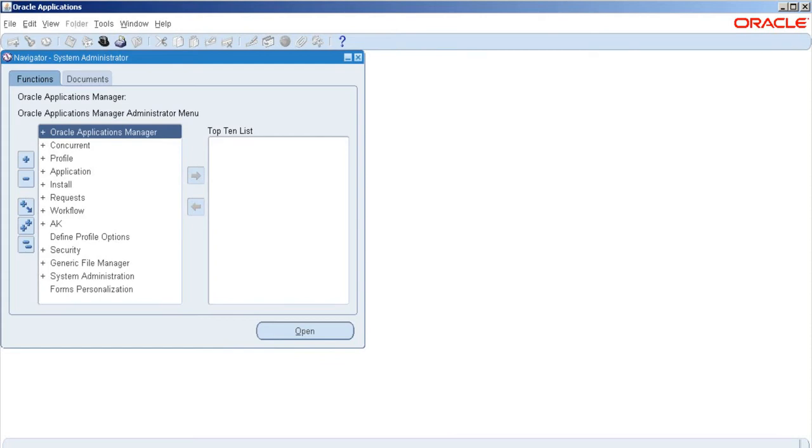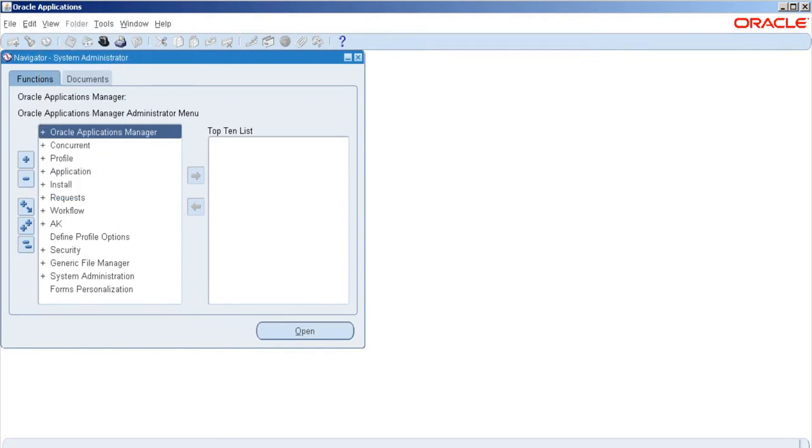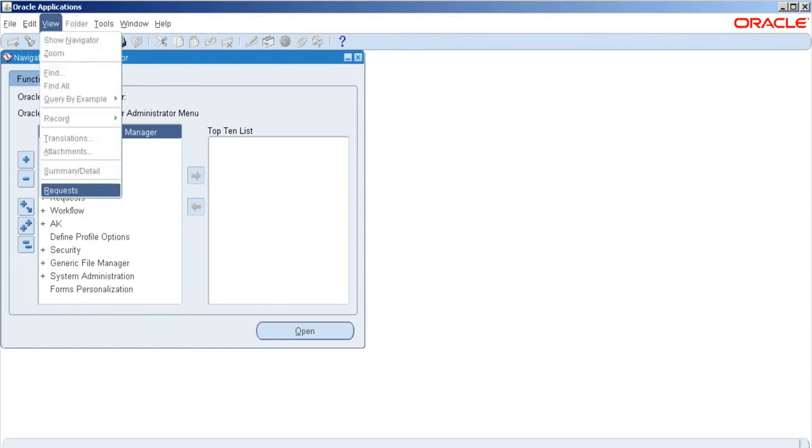Come to system administrator, view. See, so far, whatever concurrent programs were submitted, the requests were submitted by software, run by software and completed by software. This is the first request we are submitting in the application, to copy data, to replicate seeded data to our organization. Navigation: run, view, request,